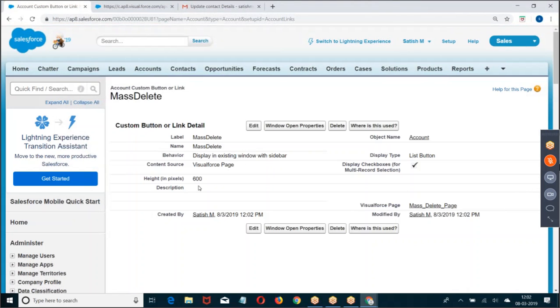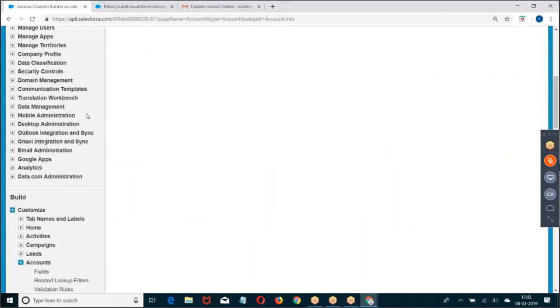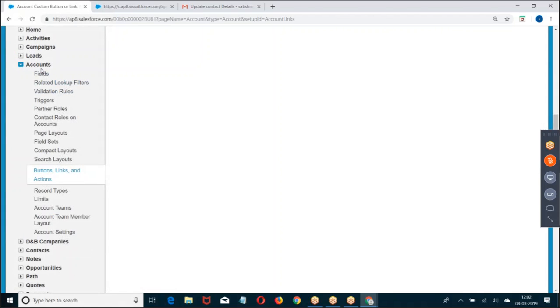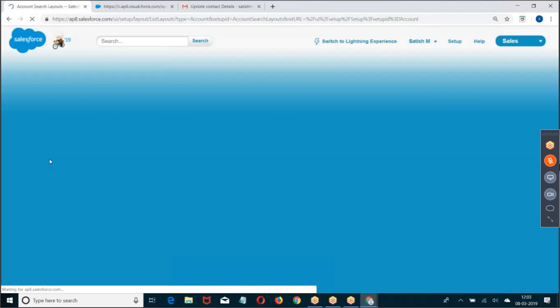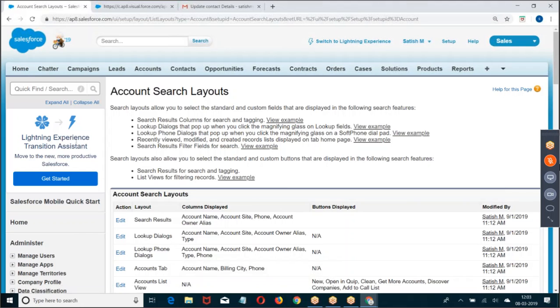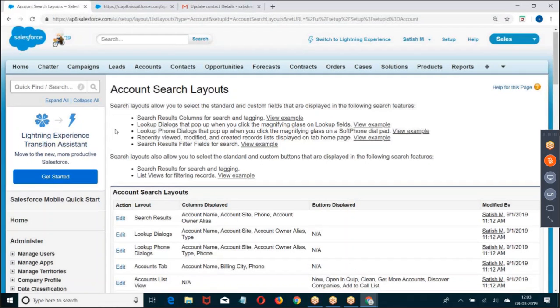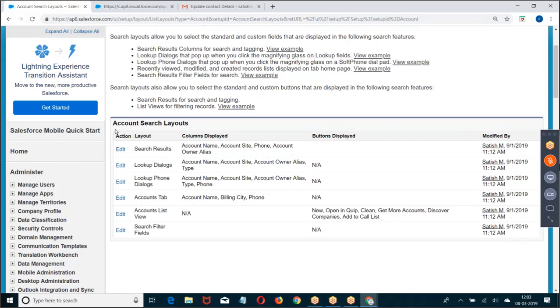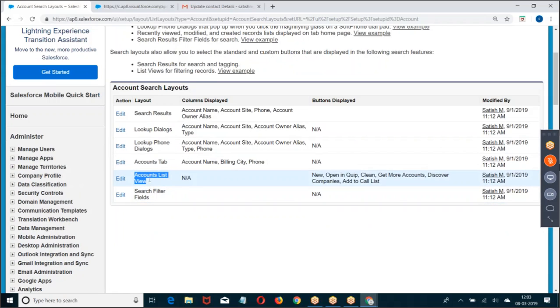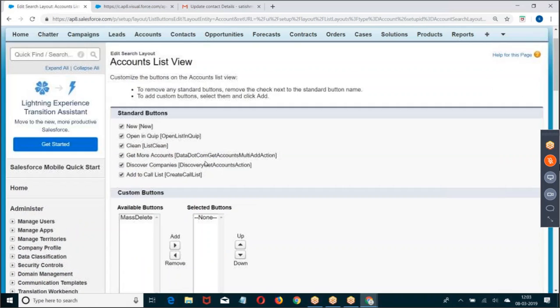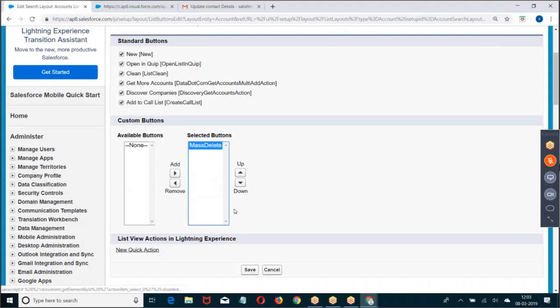The button is created. How do you add this button? Go to account. You are finding the search layout here. Do you remember the concept of search layout? When you click on the tab, what should be displayed? When you use the master detail, go to the search layout and scroll down. What are you finding here? Account list. Master. In the account list view,